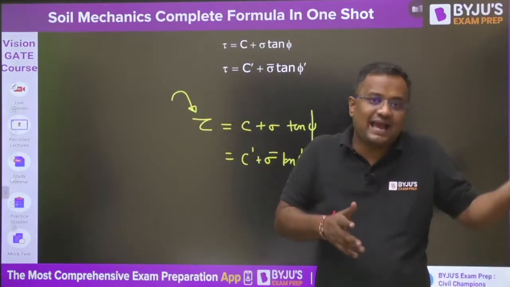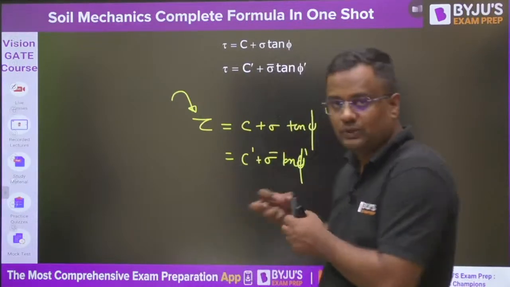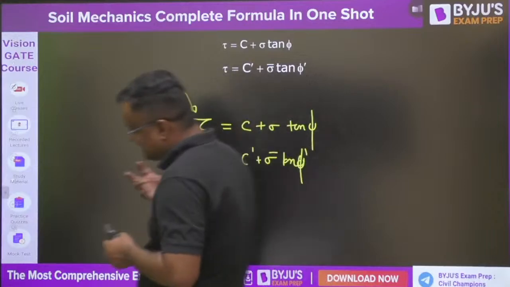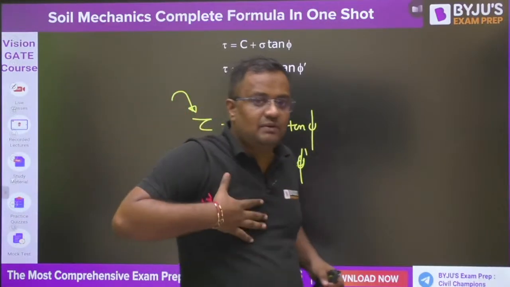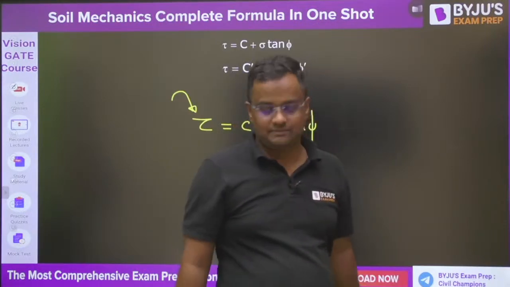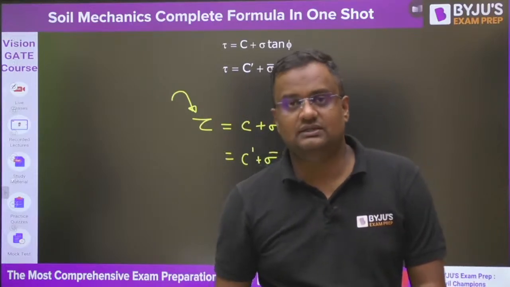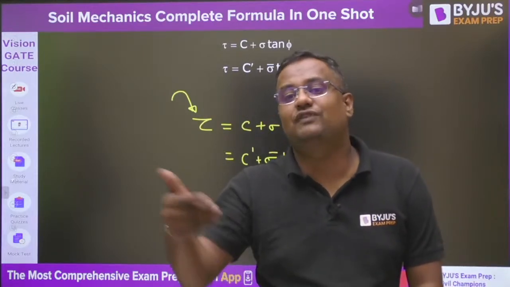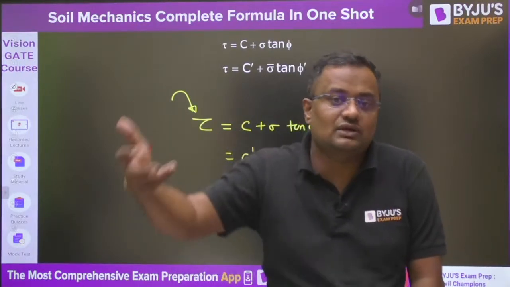Suppose in your backyard there is a garden, and from that garden you take a soil sample, and for that soil sample you are finding C and phi. So you are finding C and phi, I will be finding C and phi, some other company is finding C and phi. It can be different depending upon the types of testing. So we should be providing the type of testing same as the field conditions, so that we can simulate our results with the actual condition.